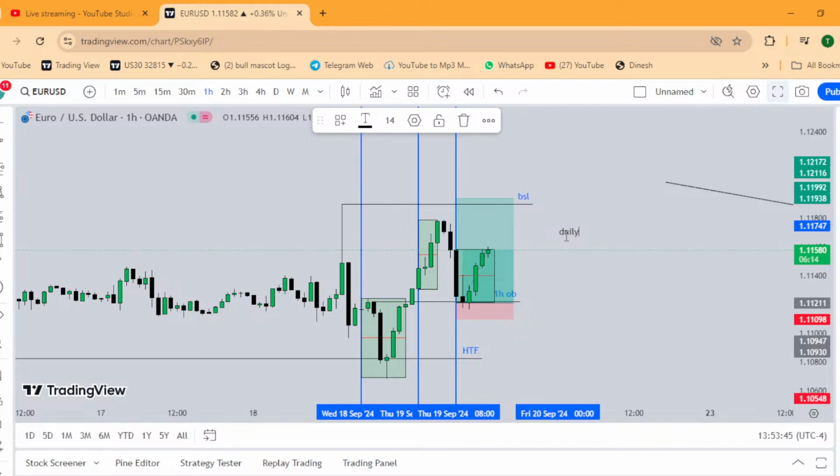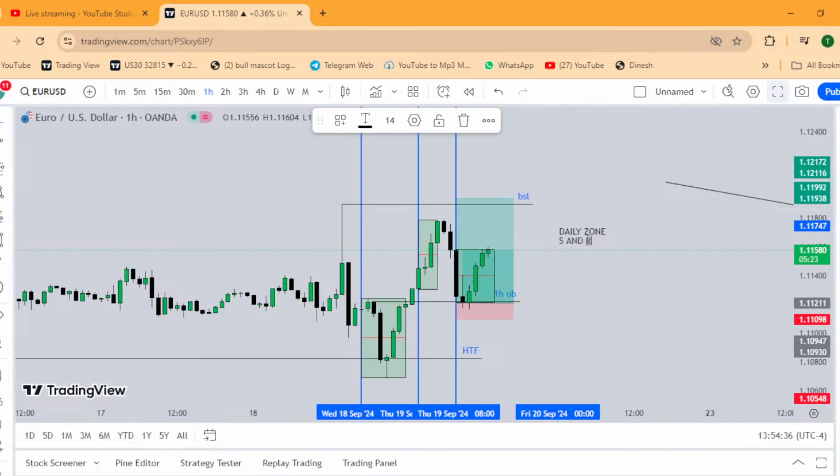So the daily zone is simply a support or resistance zone, what we call S and R. These are true support and resistance zones in the sense that they hold price or resist price. So this is a strong S and R zone. It can be a higher time frame order block, a higher time frame FVG. Then after hitting that strong zone, you run straight to the 1 hour chart, and all you're waiting for is